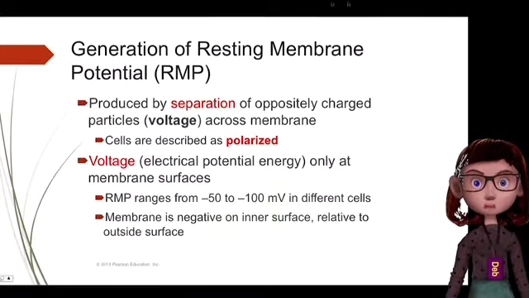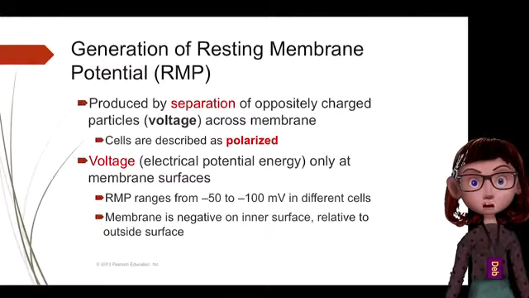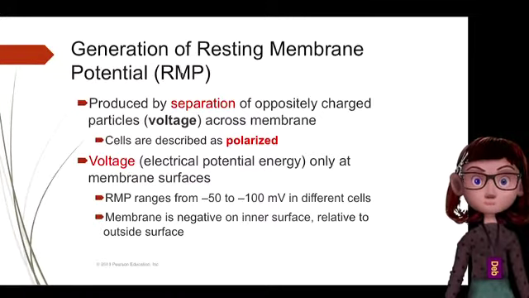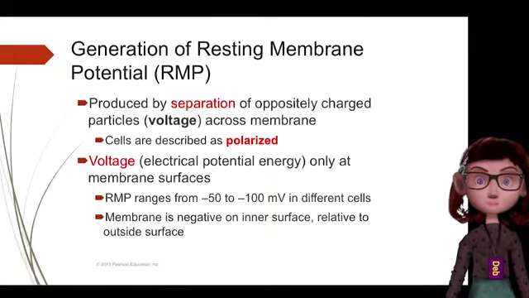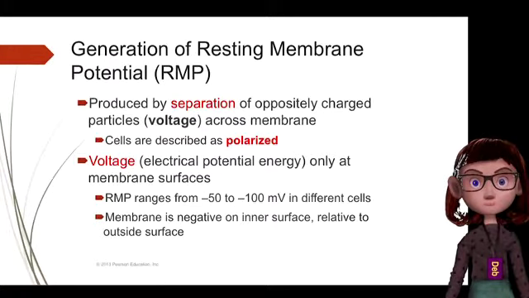Now, this is a discussion of the generation of the resting membrane potential. We are going to come to this in detail when we talk about muscles, and then near the end of the semester, we talk about the nervous system. Both muscle cells and neurons in the nervous system are considered excitable tissues. They will respond to a signal that's going to cause something to happen. With neurons, it would be the release of neurotransmitter that will send a message either through a sensory pathway or a motor pathway. With muscles, when that muscle cell receives the signal, it will initiate a contraction,